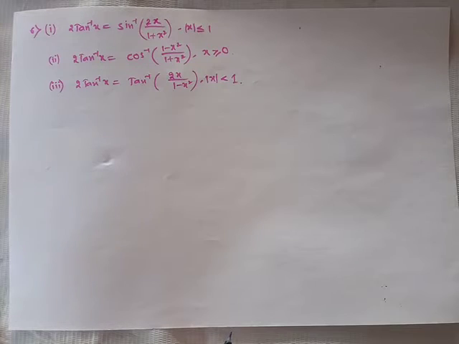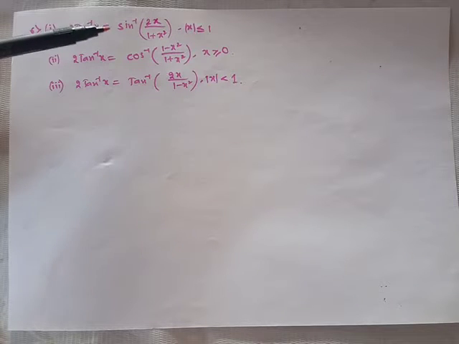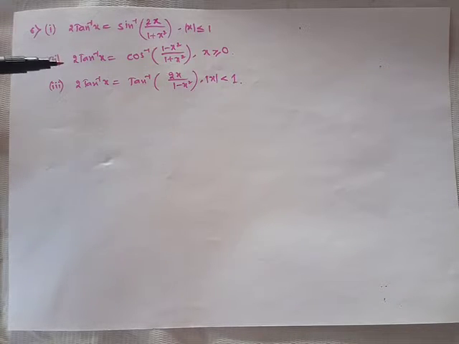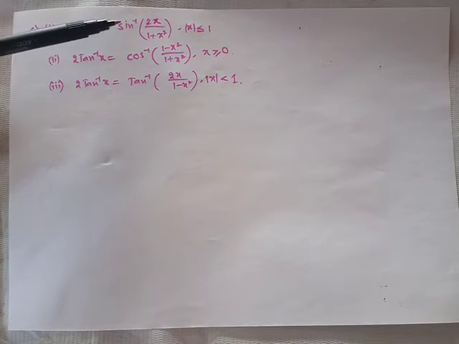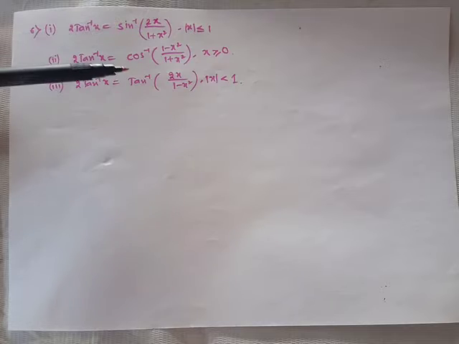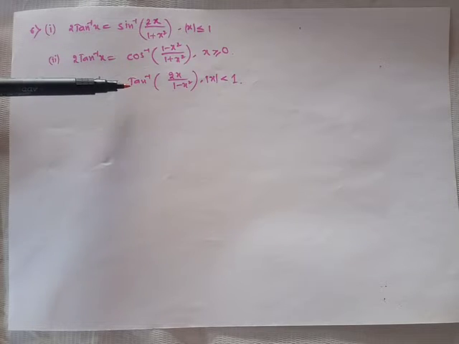Now in the next video, coming to the next property of inverse trigonometric functions. We are dealing with six types of properties. 2 tan inverse x is equal to sin inverse of 2x by 1 plus x square, where mod x is less than or equal to 1. The 2 tan inverse of x is going to be the same in all of them. One will come in sin inverse, one will come in cos inverse, one will come in tan inverse.